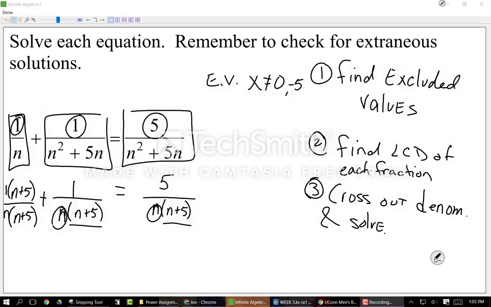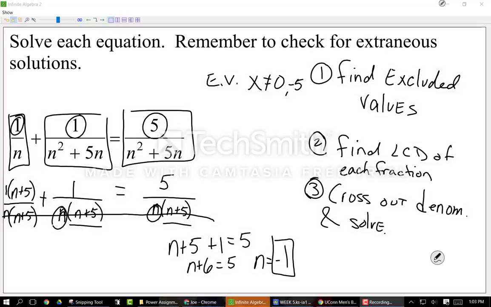So let's do that. My denominators are gone. What do I have left? I have n plus 5. Really, it's 1 times n plus 5, but that distributive property just makes it n plus 5, plus the 1 equals 5. And I solve. N plus 6 equals 5, so n equals negative 1. This number doesn't match my excluded values, so I know that my final answer, n is equal to negative 1,